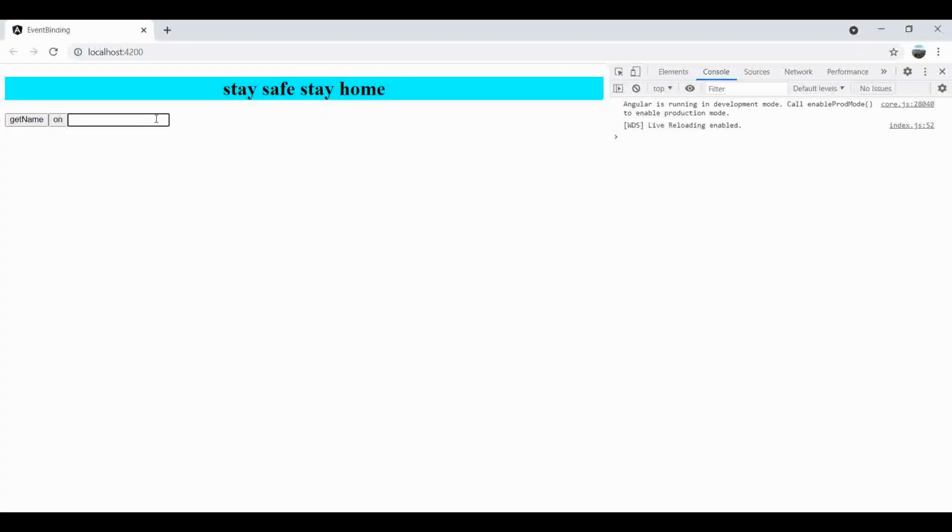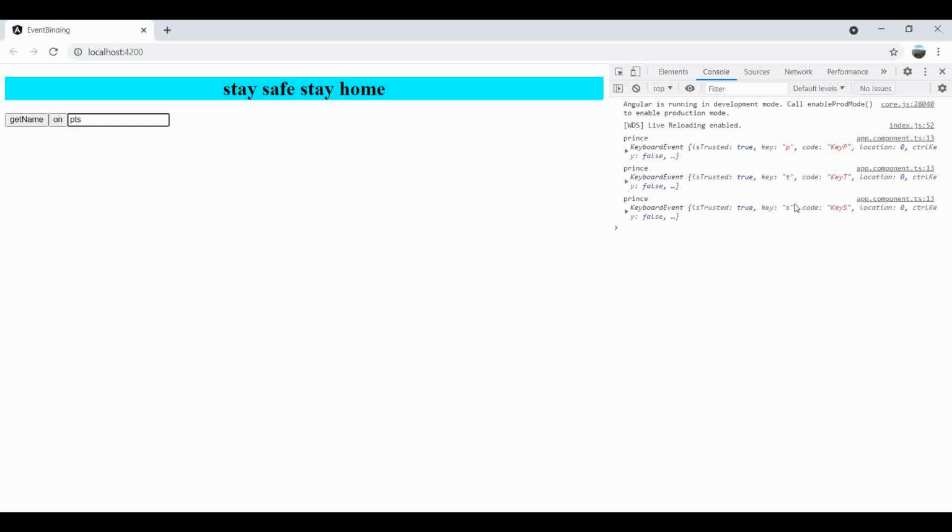If I type here, then the event should be performed in my console, like Prince. You can see a keyboard event is performed. When I try to print a key like p, t, if I again try the key s, you can see on my screen s is printing. This is the way how we can identify which event is performing on our browser.